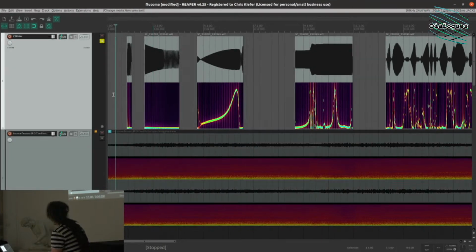So these are the outputs of the model. I've really deliberately kept this simple. So we've got this neural network. It's a recurrent network. They get randomized, and I take a couple of the energy levels in the model, map one to the frequency of a sine wave, and the other to the amplitude of the same sine wave. So just for demonstration, this is really, really simple. What I'm trying to get at here is the intrinsic dynamics of these models, which to me seem quite musically interesting before you even think about training them.